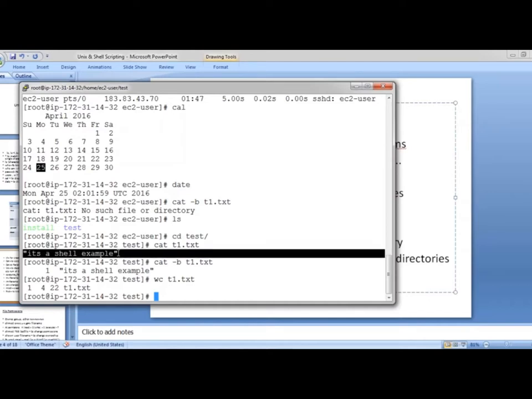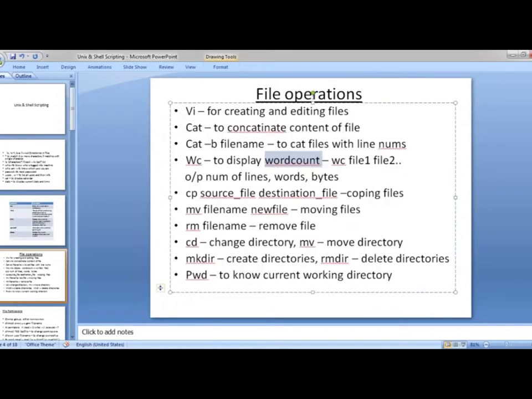So it considers even the white spaces within the text and displays the number of characters it has used. White spaces are also included inside the character count.